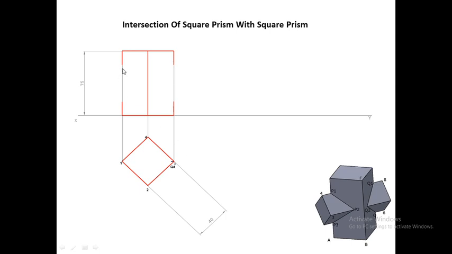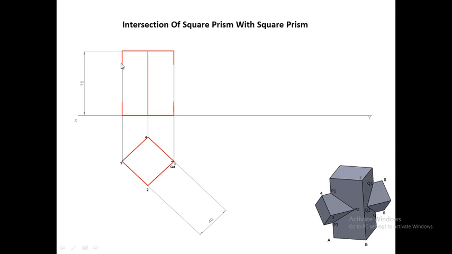You can see here, students, that some portion of this vertical edge as well as this vertical edge is kept as light, whereas the remaining part is dark. Similarly here also some part is kept as dark and some part is kept as light. The reason for this is that when this horizontal square prism will be inserted inside the vertical square prism, some portion of this vertical edge will be removed. That is the portion from P1 to P3 will be removed due to drilling of the hole inside the vertical prism. Similarly, the portion of the vertical edge from Q1 to Q3 will be removed due to drilling of the hole.